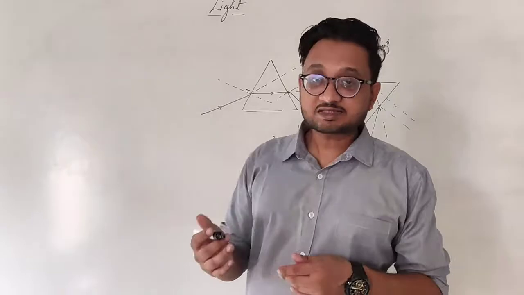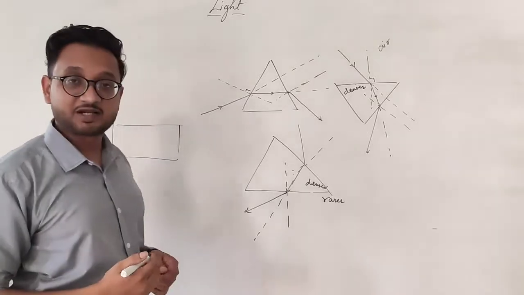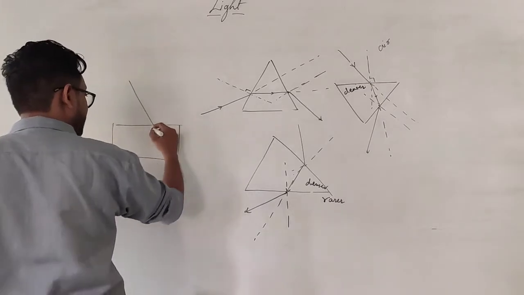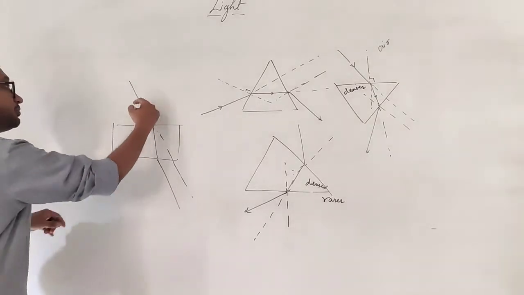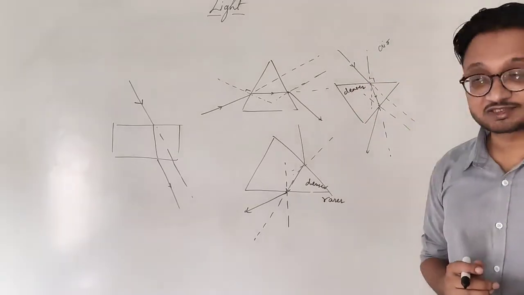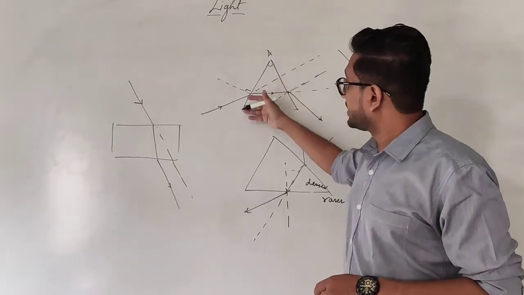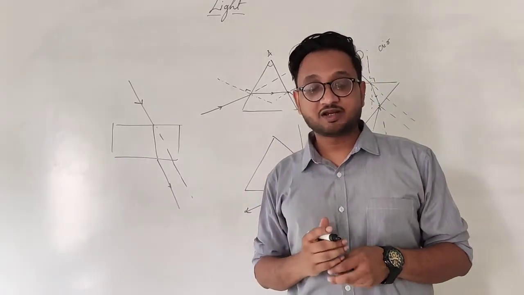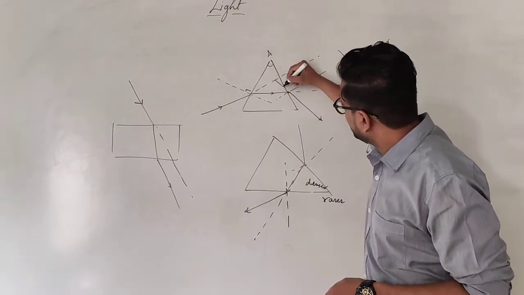So, in a glass slab, when we saw the refraction of light, because of the parallel surfaces for the ray of light, when the ray of light entered from one side, it exited from the other, and the original path and its new path were parallel to each other. But that is not the case with the glass prism. Because there is an angle, these two surfaces are at an angle. The incident and the emergent ray of light have changed their path completely. Okay, and this changed path has a particular angle.